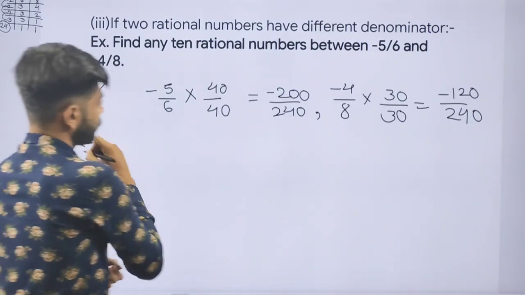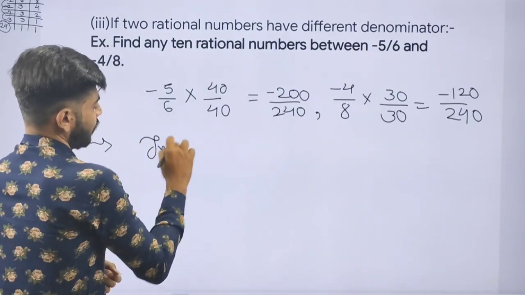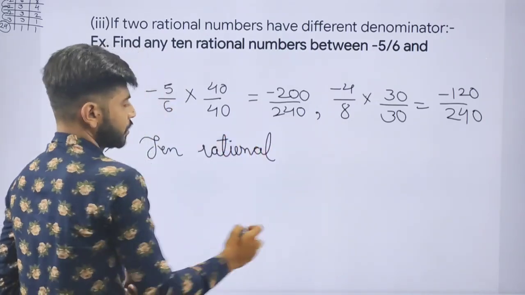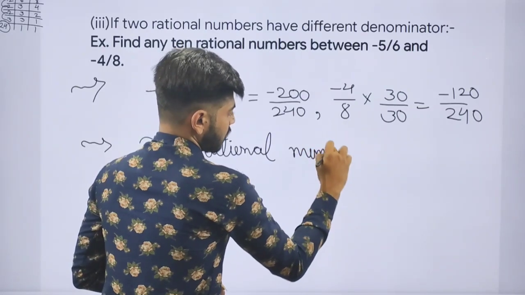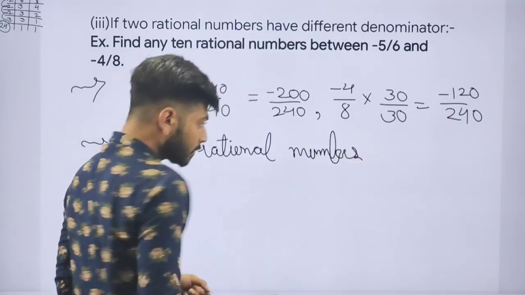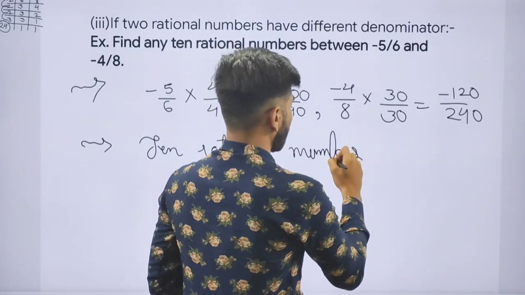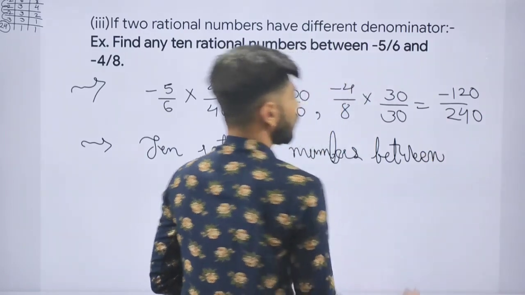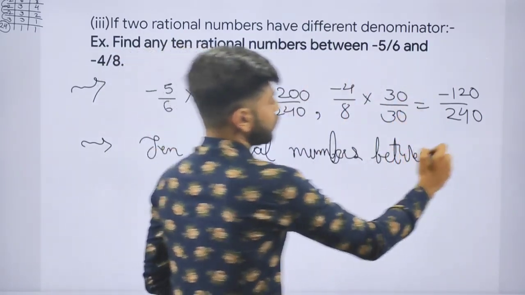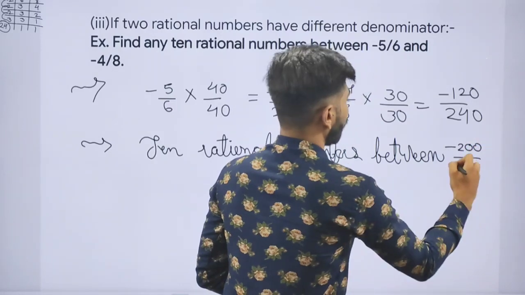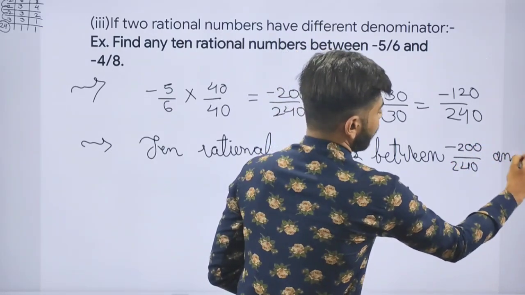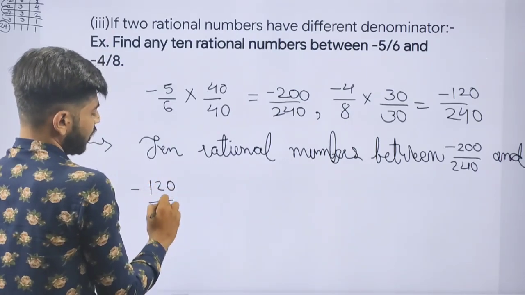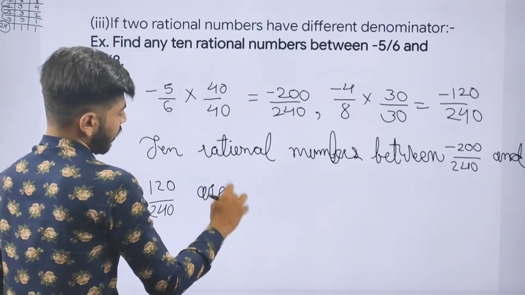Okay, we will write 10 rational numbers between, we will write minus 200 upon 240 and minus 120 upon 240 are,